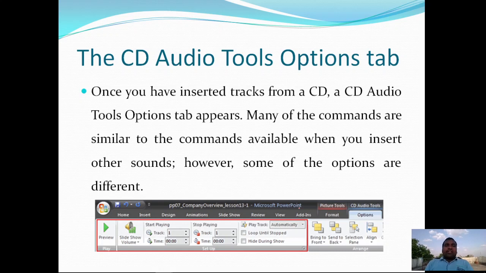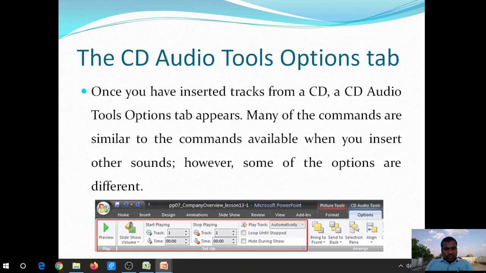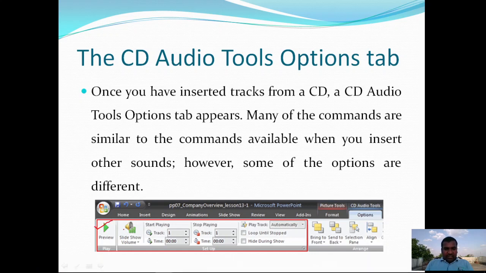Now here we have several CD audio tool options that are available. The Preview command is there, slideshow volume like low, medium, high, track numbers, the starting track number and ending track number, and the time to play from start to end, and the loop until stopped and hide during show options. So these are the options that are available with the audio tools.